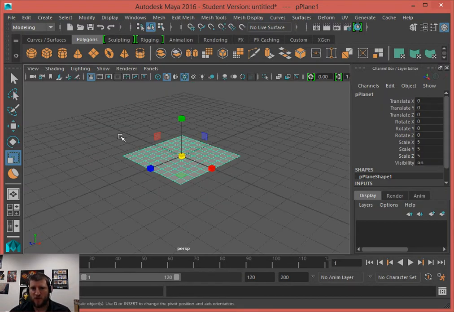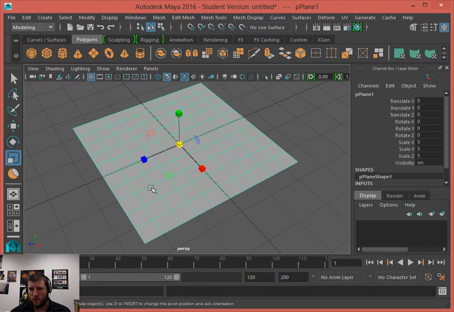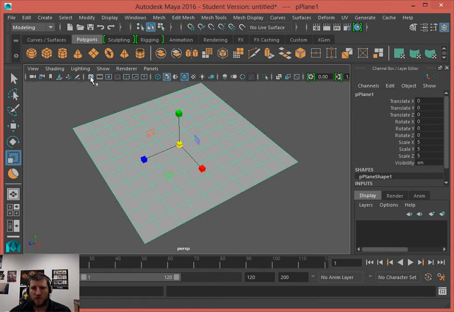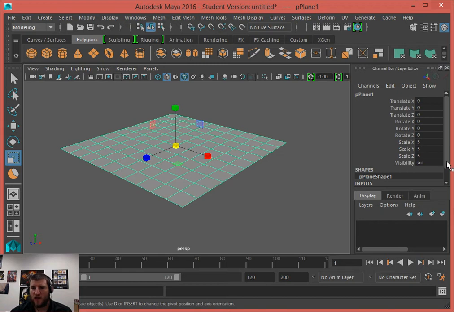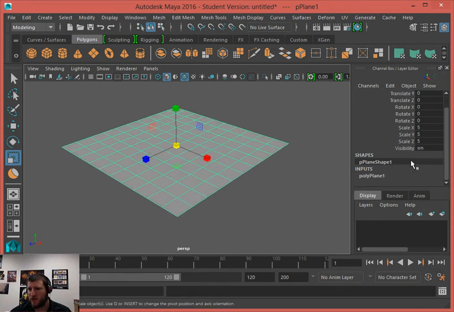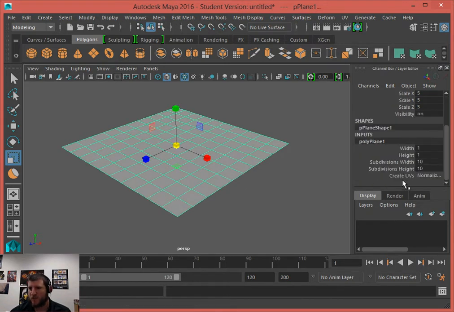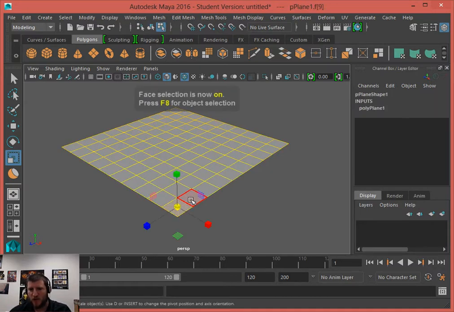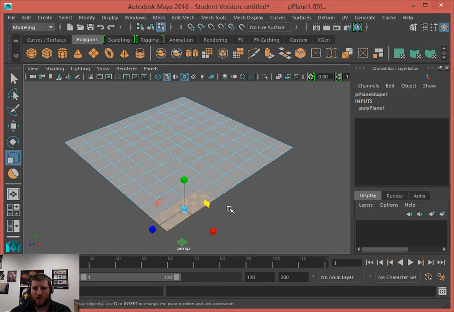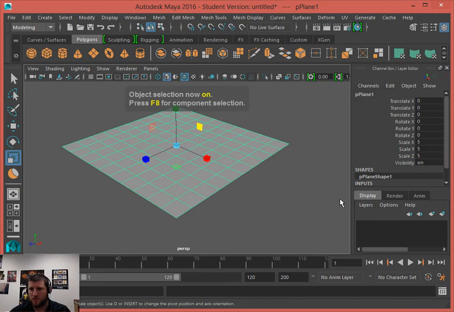So the first thing I want you to do is just make a plane in your space. I've turned off the grid because I feel like that gets in the way a little bit. So I'm going to turn off my grid, and I have a plane just kind of sitting in space. If I open up my channel box editor, I can come down to polyplane, and I can make my plane subdivisions 10 by 10, which is what I want. What that means is I have 100 faces here on my plane. 1, 2, 3, I'm not going to count them all. But I should have 100 faces on my plane to manipulate.